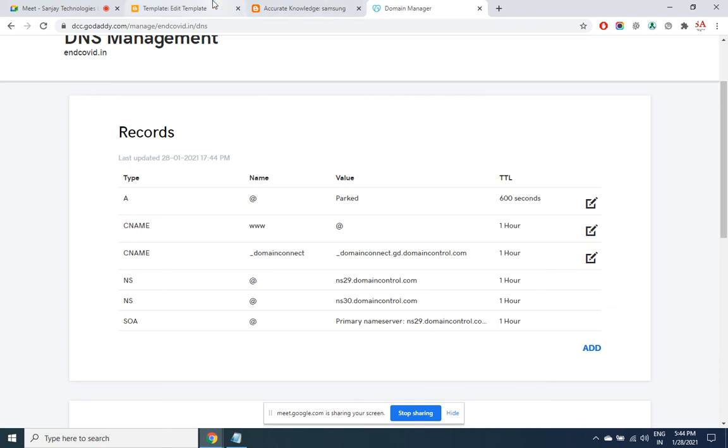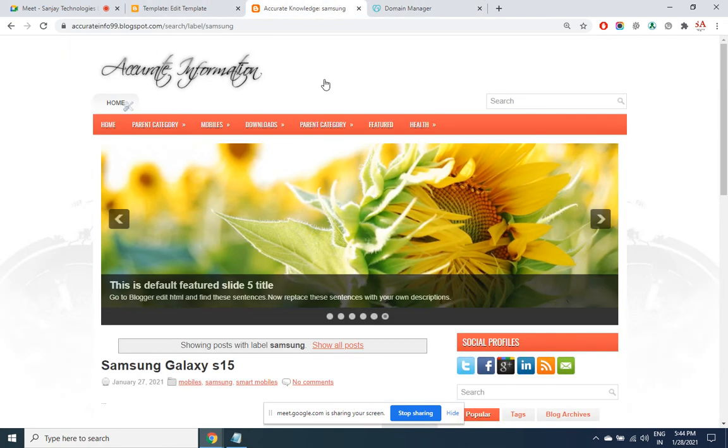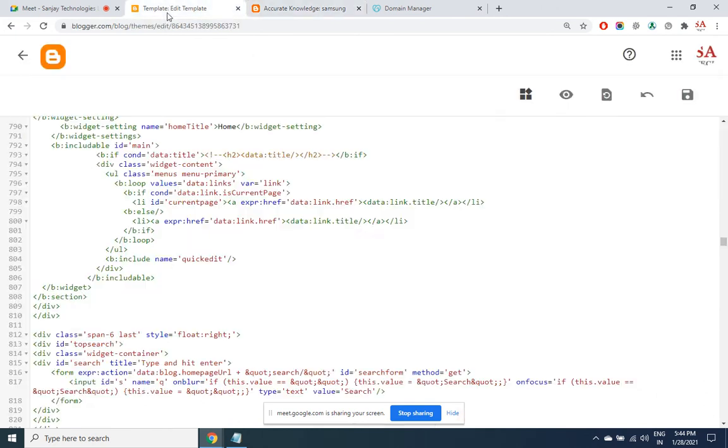So in order to convert the free website address to a private one, you will have to go to the settings.